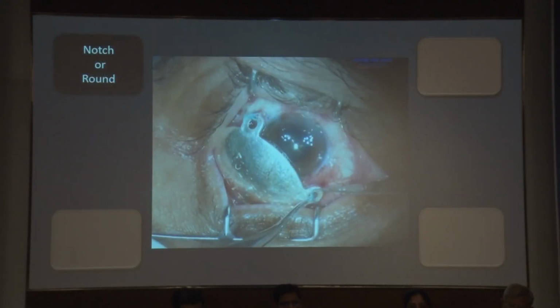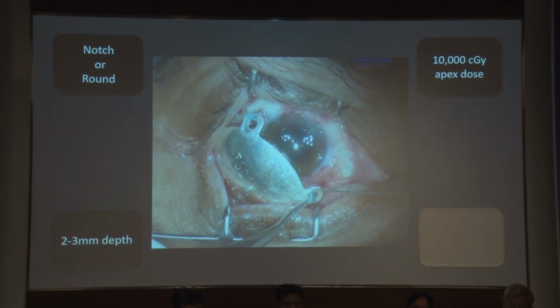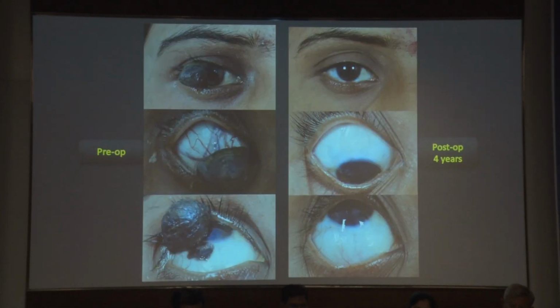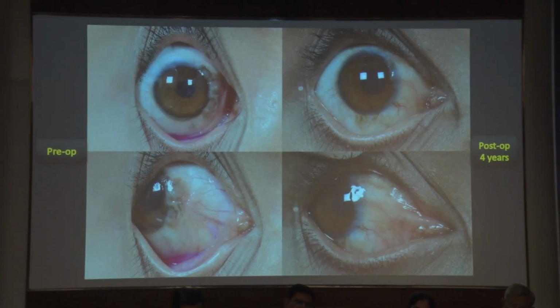And plaque brachytherapy was either notched or round depending on muscle involvement for hooking it. Dosage was kept as 10,000 centigray at apex dose. Depth of radiation was 2 to 3 mm depending on the height, and the dose range was 11.5 to 74 hours. These are the outcomes that we had seen, and these are excellent local tumor control after a post-operative duration